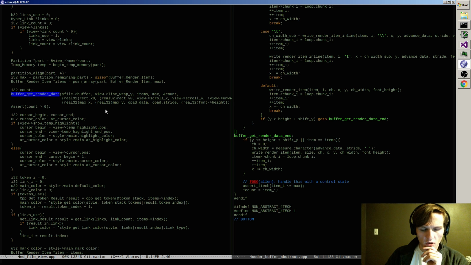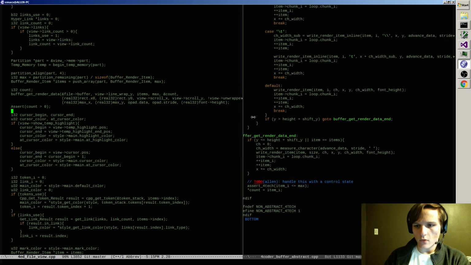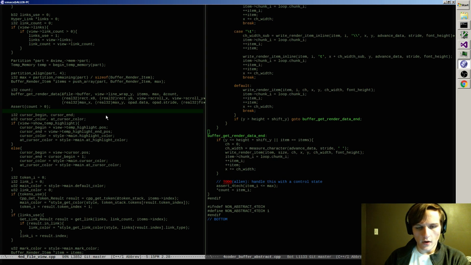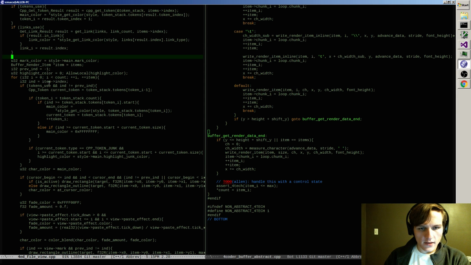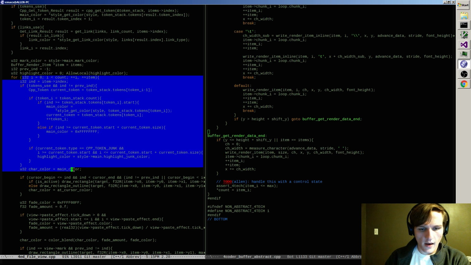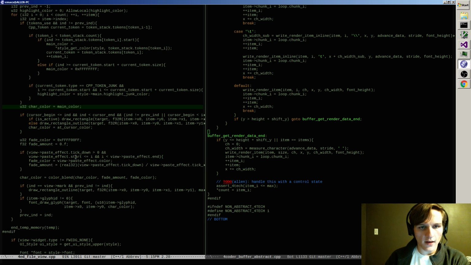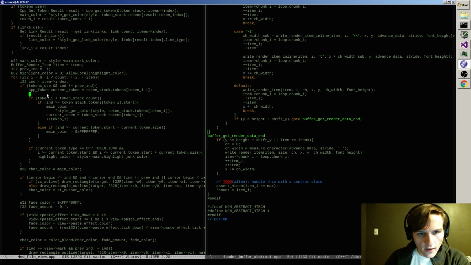And then this function here fills up all the information about render items, which tells the thing where characters need to go on the screen in order to draw the file, basically. Which character goes where, and information about the dimensions of that character. That's useful because I can figure out how to lay the thing out separately from just looping over all that data and drawing them. And I can do all sorts of neat stuff with that separation, such as what I'm about to do here, where I look at an item,